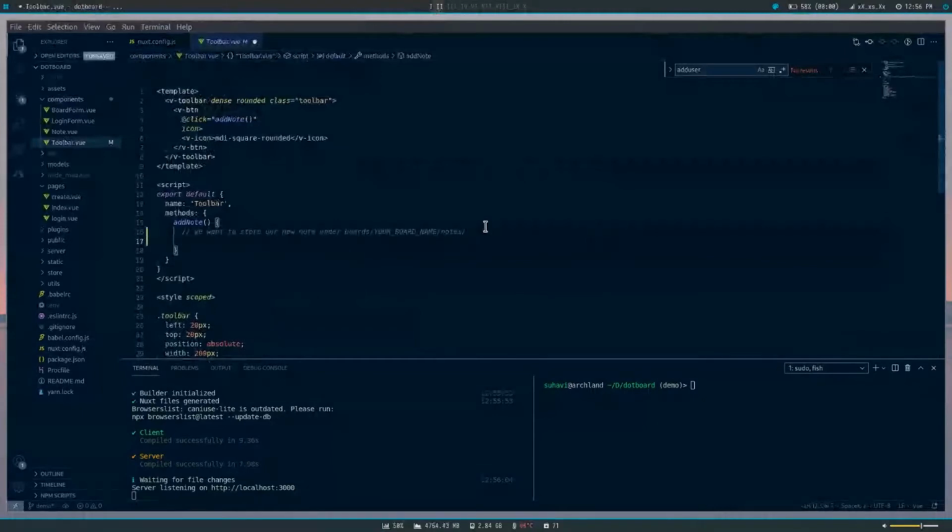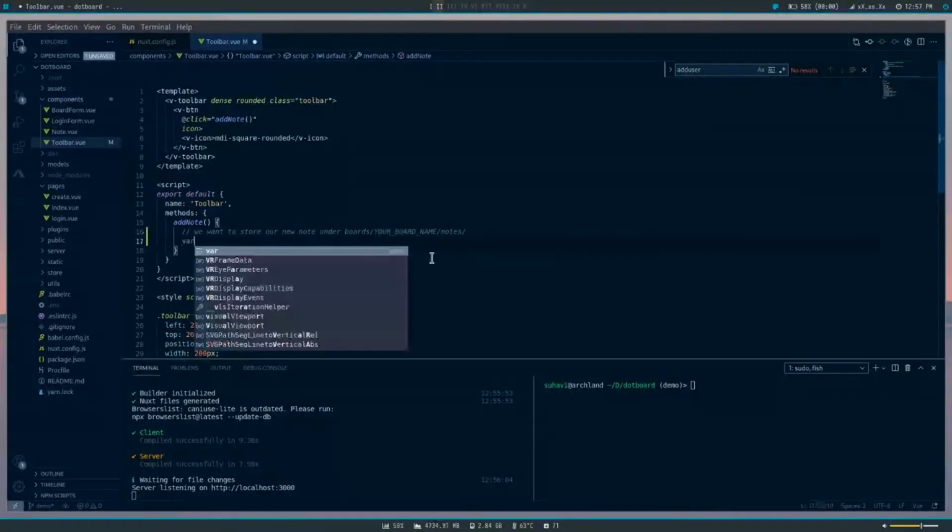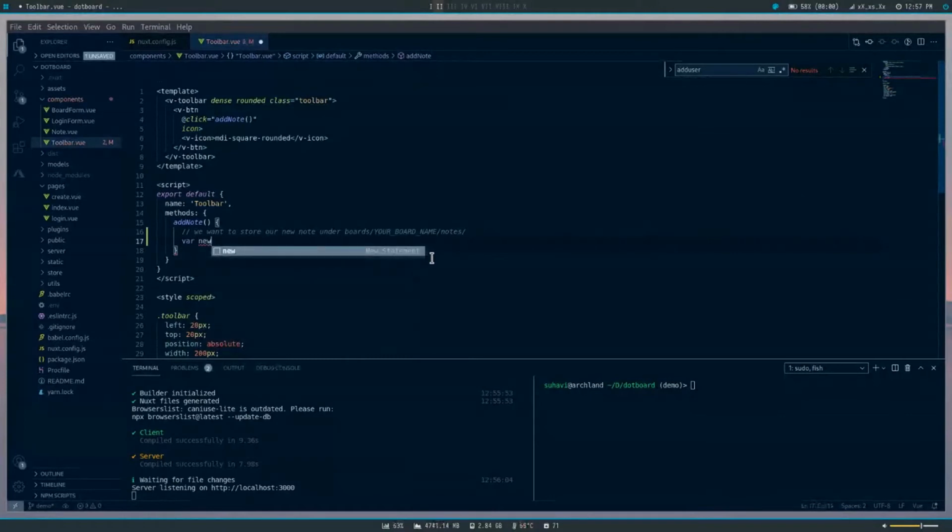And this is where I'm going to write our first Firebase query. So the way you do that is there's a path that your data is stored in. For example, the one I want it to be stored in, there's a boards folder or JSON, and then your board name. And under notes, that's where you find all of the notes. So you create a note reference to the note, like that. And you access Firebase DB. So FireDB gets DB like that.